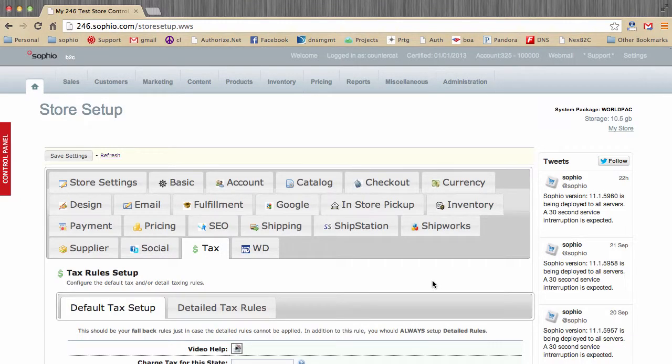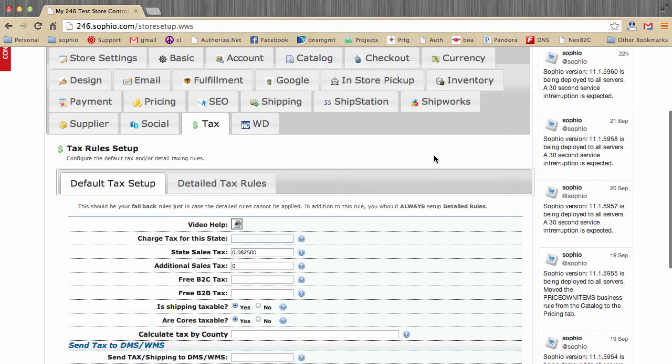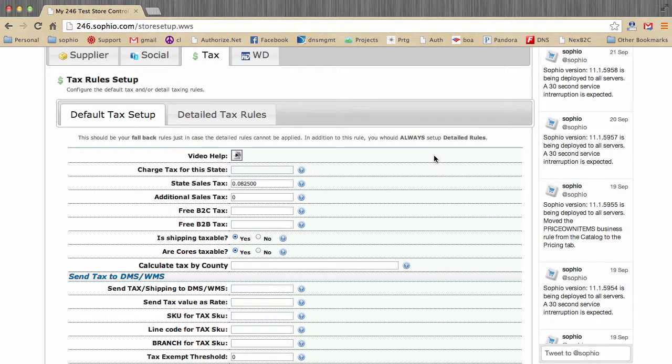Taxes, taxes, taxes. Okay, so we are on the tax tab of store settings, which we got to from there. And tax is fairly simple to set up. First off, tax is generally charged to consumers who are in the same state that a merchant does business in. Now, if you are a seller of auto parts and you happen to be in the state of New Jersey,